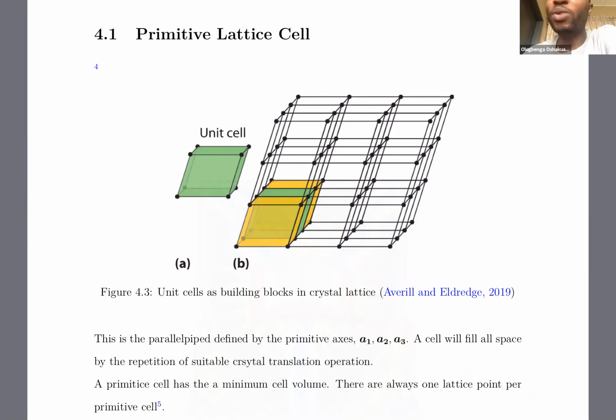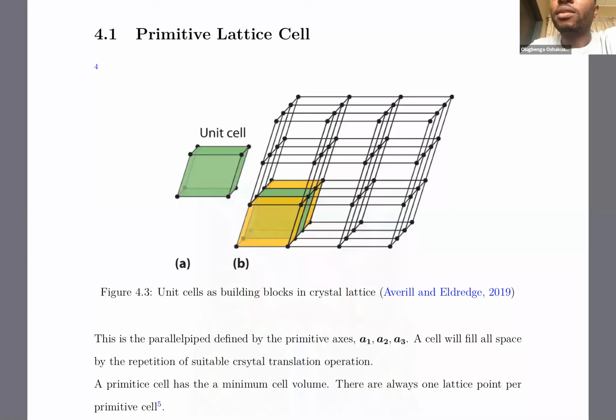And I told you that A1, A2, and A3 are vectors, right? So since A1, A2, and A3 are vectors,